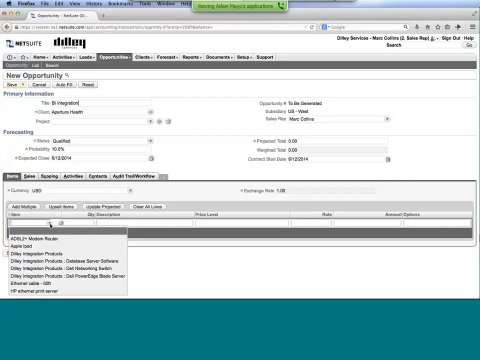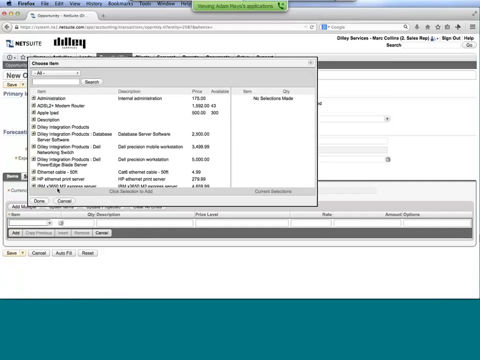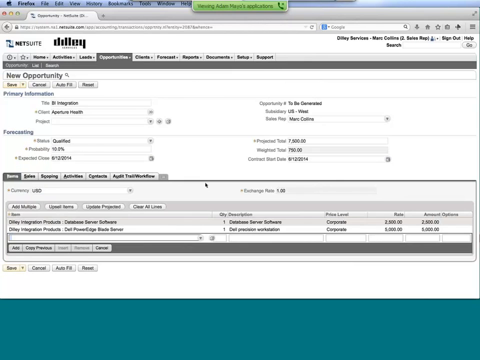So below, I'm going to go in and from my product list, select a few items. I have the ability to pull it right from the list here. I can also pull up a little dialog box and add multiple items from here and say, we're going to be selling them some database server software that they're going to need within here, and they're also going to need a new Blade server as part of that. So I'll build in the quantities of one for each of those, and that gets added to my opportunity. So I now have a projected total of $7,500.